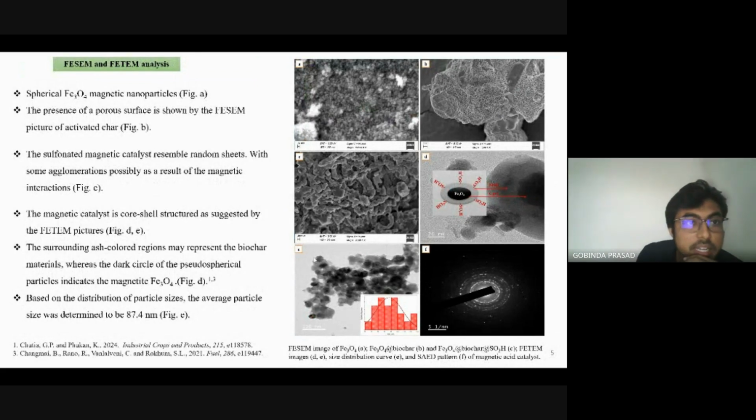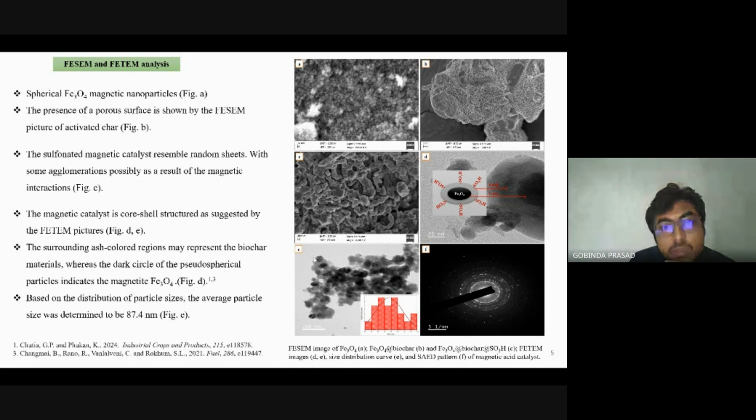We also conducted the FESEM and FETEM analysis to determine the surface morphological structure of the catalyst. The spherical iron oxide magnetic nanoparticles were shown by the FESEM picture of figure A. The porous surface of the activated carbon is shown by the FESEM picture in figure B. The sulfonated magnetic catalyst